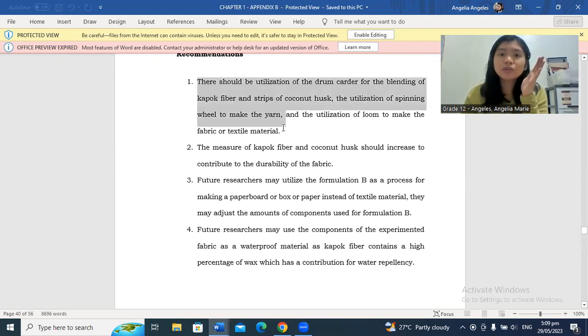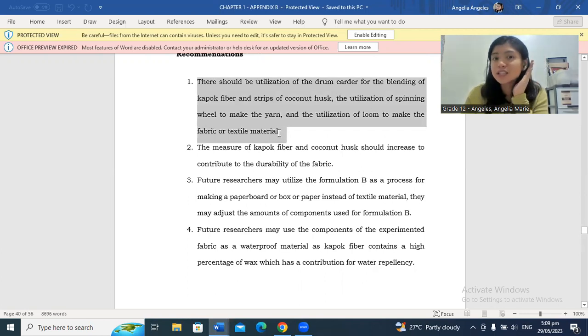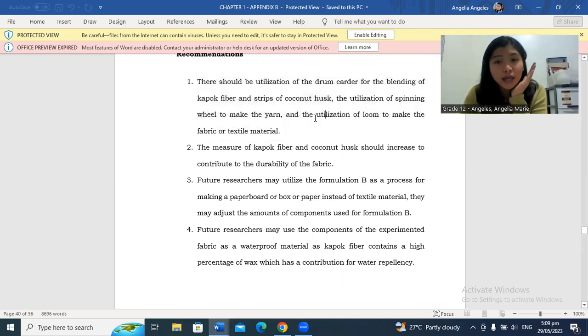Itong recommendation 1 natin, iikot din siya sa pag-weave. Okay, so, it's the utilization of loom as well. That is one of the process of weaving. Okay, yun. And then number 2, the measure of kapok fiber and coconut husk should increase to contribute to the